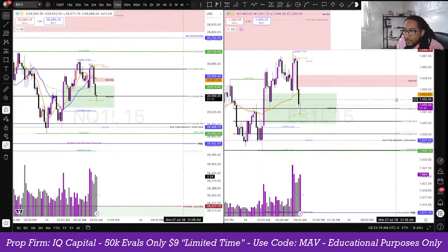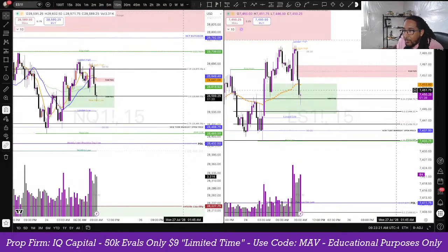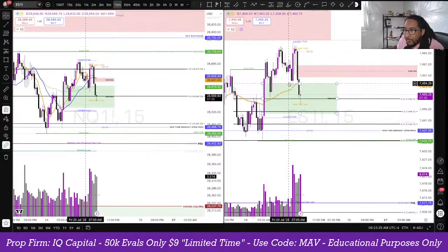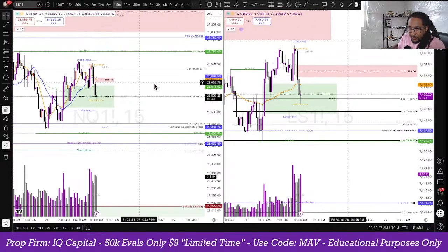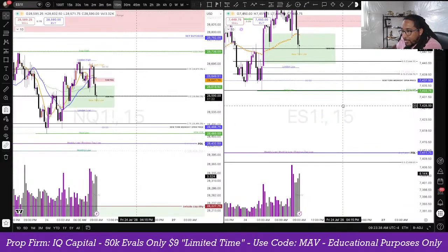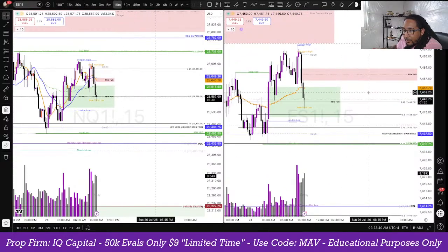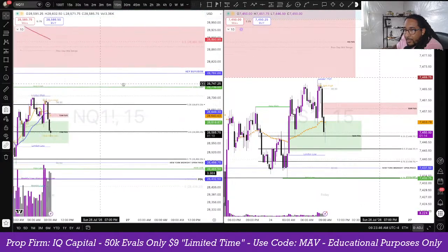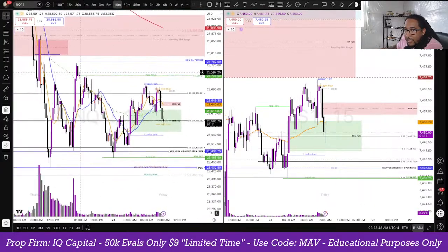ES is a similar situation. We're currently below a 15-minute fair value gap. A bearish 15-minute fair value gap was created on the way down. Same with NQ, currently inside buy side, sell side inefficiency. And we have similar objectives below: the midnight open, Asia low, prior day lows, and what have you. Above here, we have a 4-hour bearish fair value gap. What I'd like to see